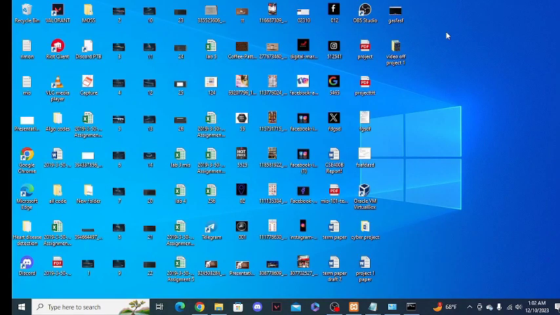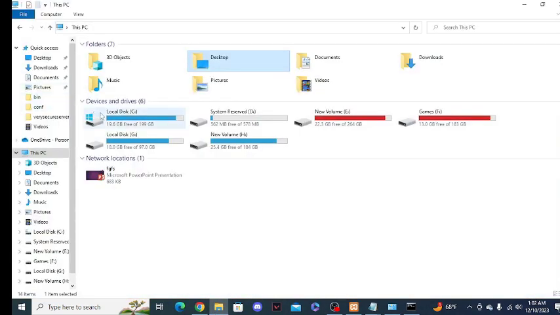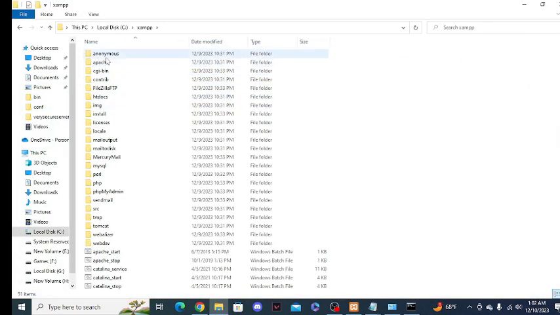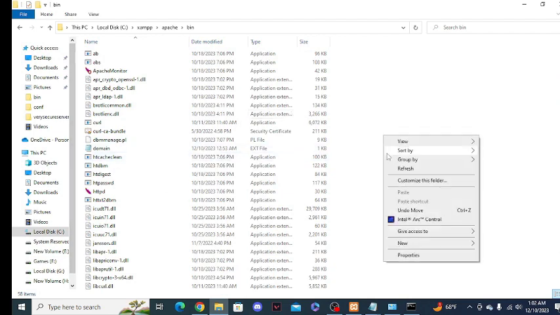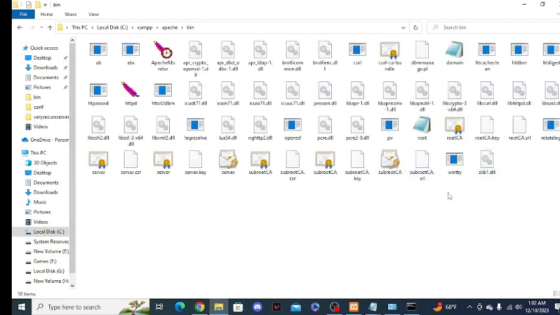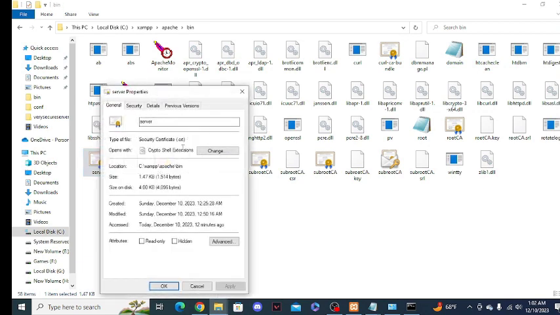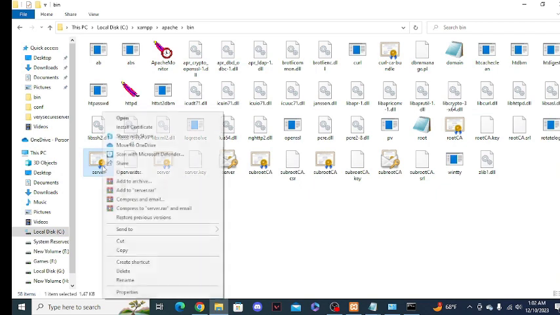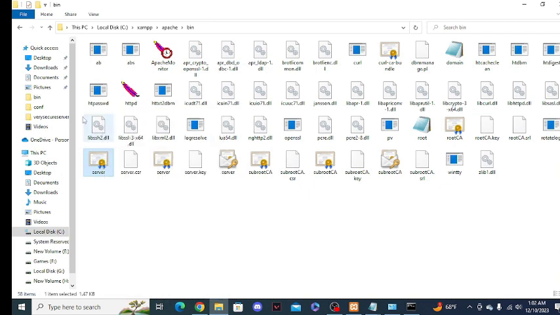After that, now we have to copy the server certificate, server.crt and server.key. We can find this from XAMPP, Apache, bin folder. We can find this file here. We see server.csr, server.key and server.crt. This is the server.crt. So now I will copy this and